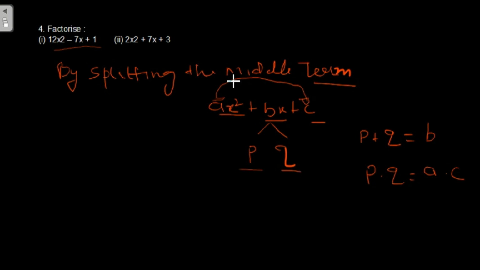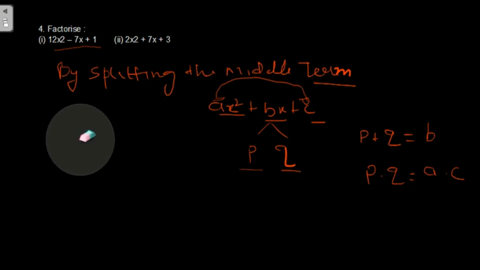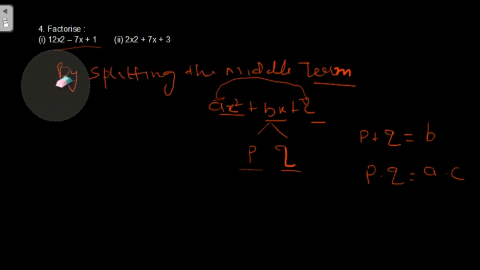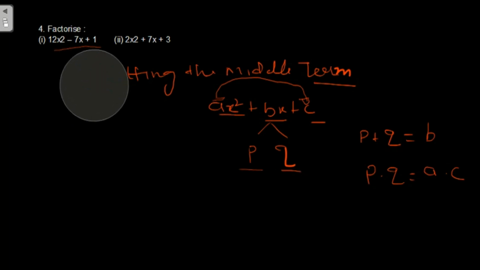So always remember, this method is applicable to quadratic polynomials only, and this is one of the most important methods of factorizing a quadratic polynomial, as it is the easiest one and it is used quite openly. Even in your 10th class, you are going to use this method many times. So you have to do a lot of practice to get mastery over this method, because it becomes quite lengthy to use the factor theorem now and then. So to factorize a quadratic polynomial, we will be using this method only, that is splitting the middle term. Let's do the first question.